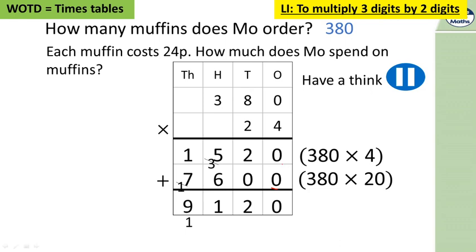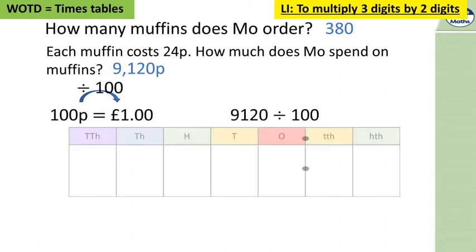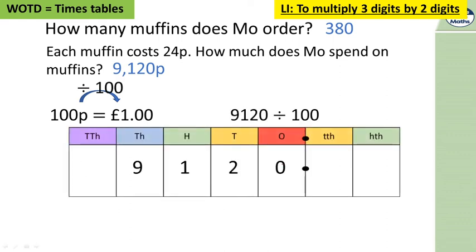So how much does she spend altogether? So we've got 9,120 pennies. Remembering there's 100 pennies in a pound, we divide that by 100. Let's represent this on our place value columns. If you're dividing by 100, we move 2 place value columns to the right. So we multiply to the left, dividing to the right. So we're going to move 2 place value columns to the right, and if you do that, you work out that it's spent